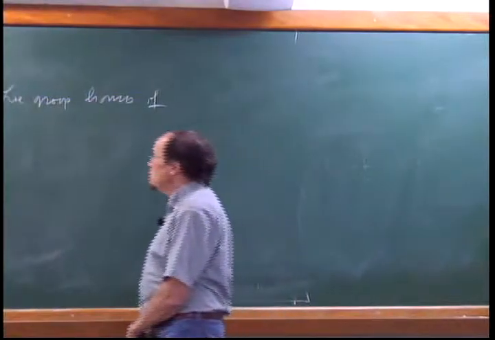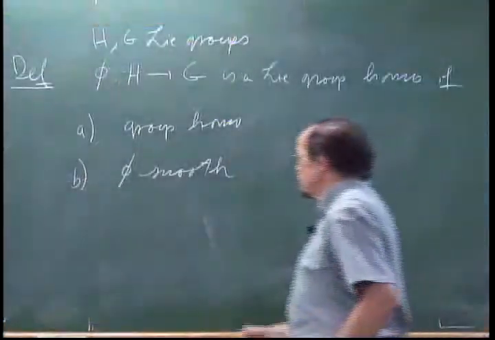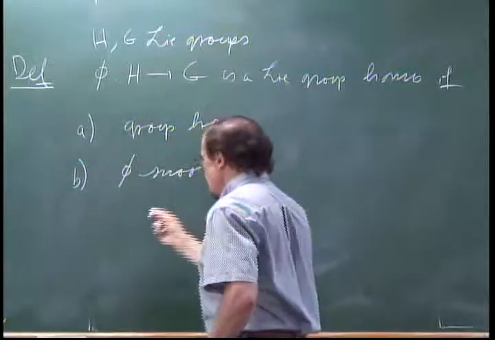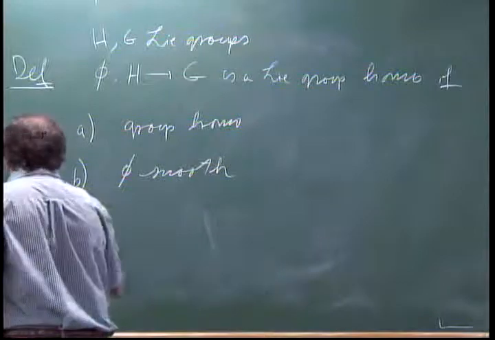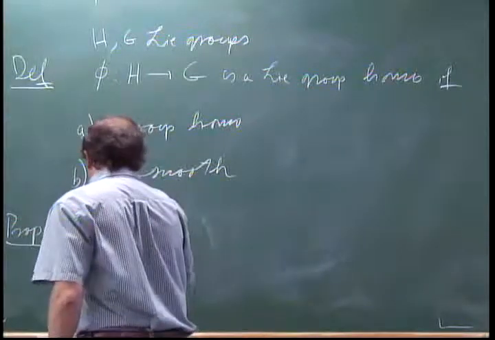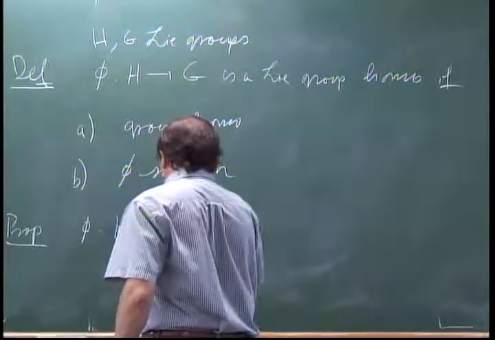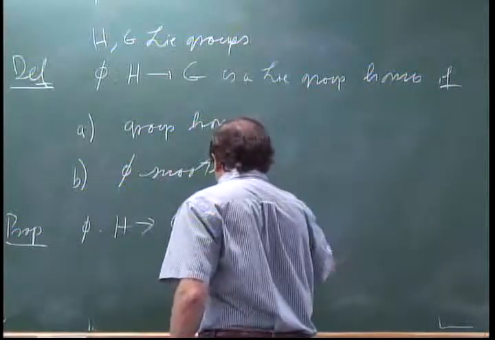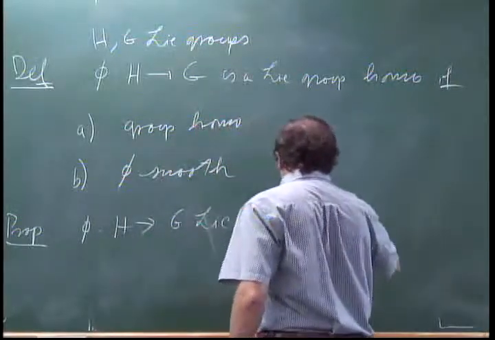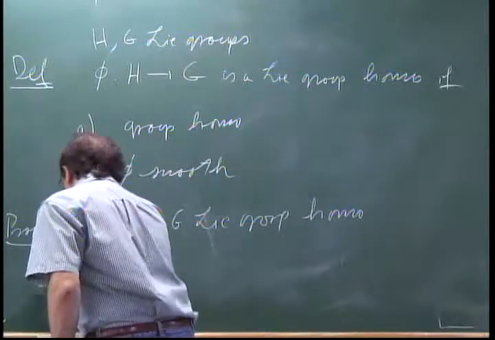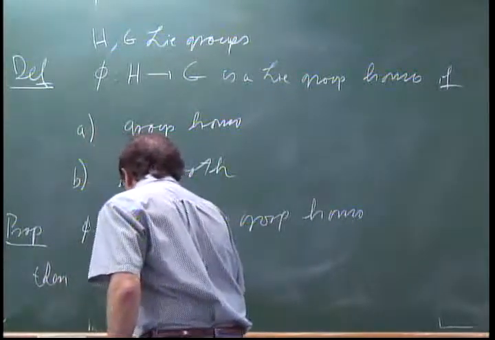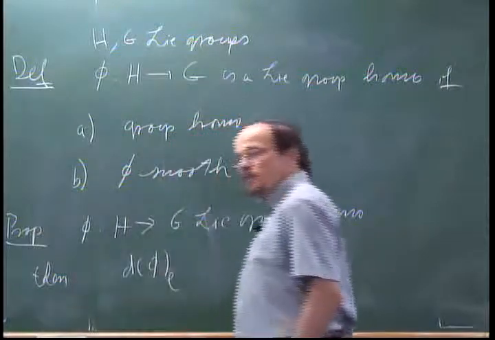And when I have such a Lie group homomorphism, I can... Okay, let me write down the proposition. Phi from H to G is a Lie group homomorphism. Then I claim that, so now I can look at the derivative of phi at identity in the ordinary sense,